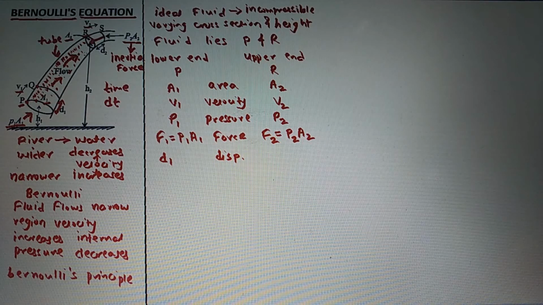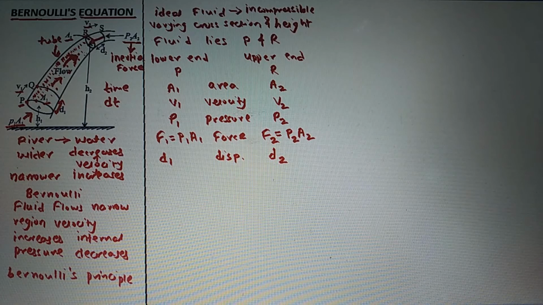Now see at the upper end R here, there is a displacement of fluid at upper end R, and that is from R to S, and this displacement is given by d2 here. So d2 is the displacement of fluid at upper end R here, and this displacement of fluid is due to this flow of fluid which is in the upward direction from this cross section P to R. So this displacement d2 is in the opposite direction,